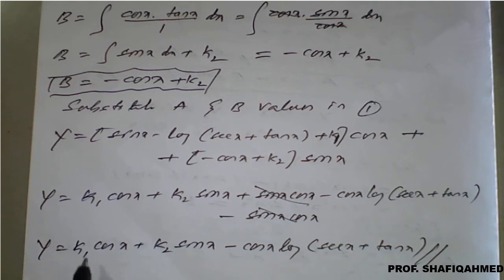See, one thing you observe here: in the first two terms of all the examples of this variation of parameter, you will find the answer is k1 times your complementary function result. So instead of c1, c2 you will get k1, k2. That is a change, and that is one of the specialities of our variation of parameter.